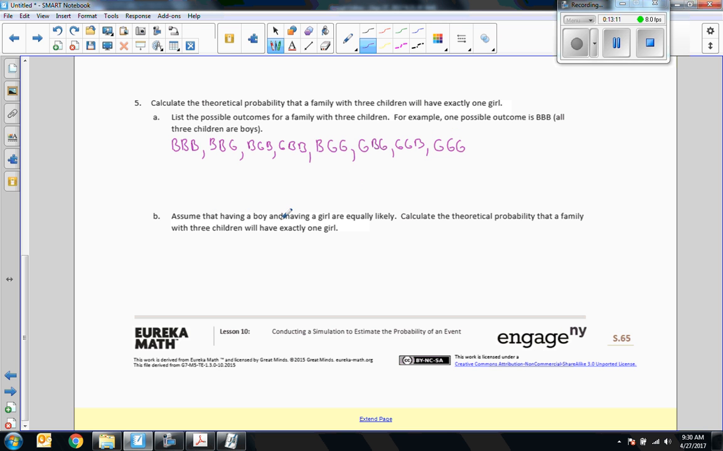That's the easiest way to do this without skipping or missing it or repeating it. Part B says assume that having a boy and having a girl are equally likely. Calculate the theoretical probability that a family with 3 children will have exactly 1 girl. So all I have to do is look up here in my sample space, and if it's all equally likely to occur, then this would be